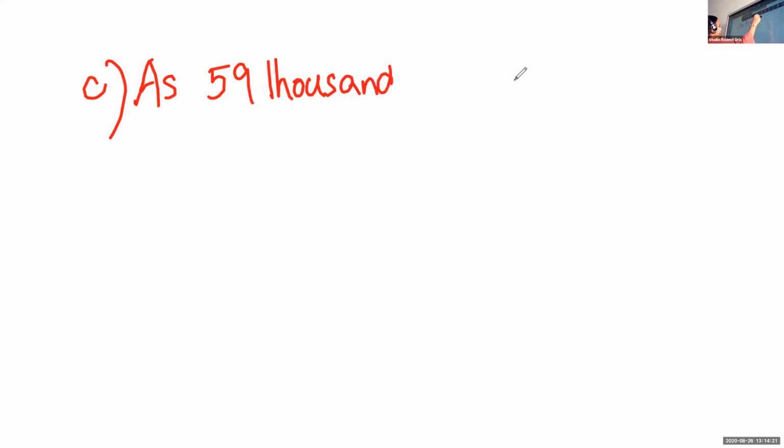Question number C. So children, here we have 5 in the 10,000 place, and the other one is 7. So we can write 59,000 together, as 59,000. Children, we are writing 5,000, 10,000. 59 is in the thousands period, and the other one, we have 71 in the thousands period. So it is clear that 59,000 is less than 71,000.